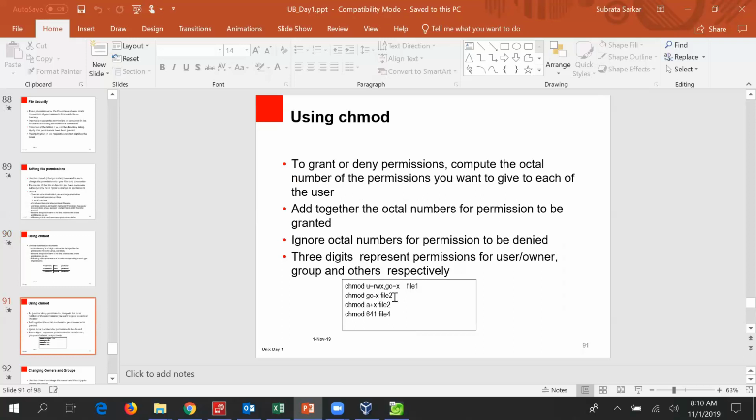Some ways of using the chmod command are shown here. Here they are telling chmod u=rwx.